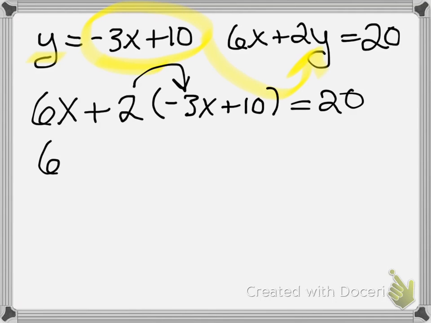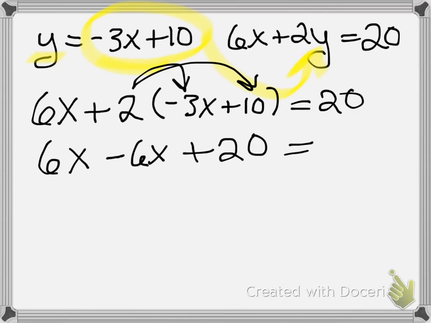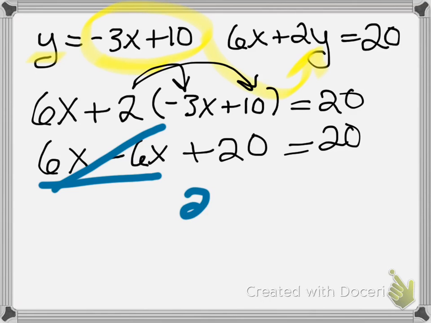So bring down your 6x, and then we have 2 times negative 3, which is a negative 6x, and 2 times 10, which is 20, and that is equal to 20 still. Combining like terms on the same side, we have 6x minus 6x. Well, that's going to give me 0x, or just 0. So those two are canceling out, so we're just left with 20